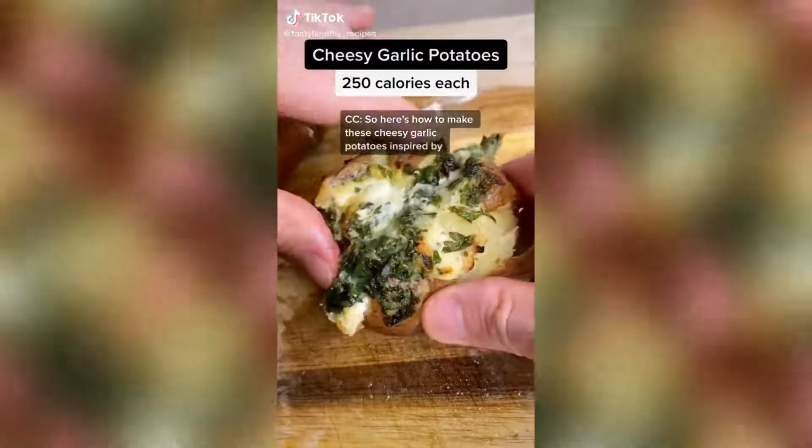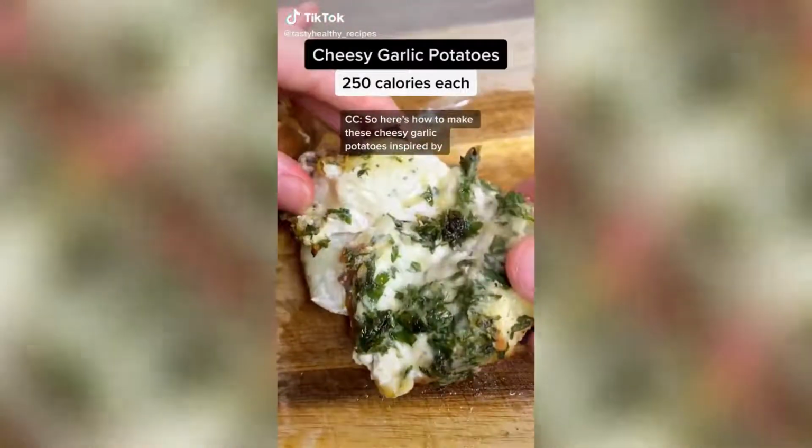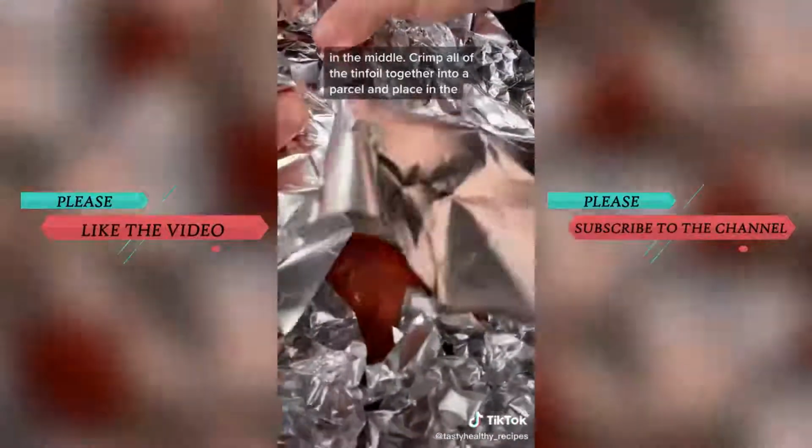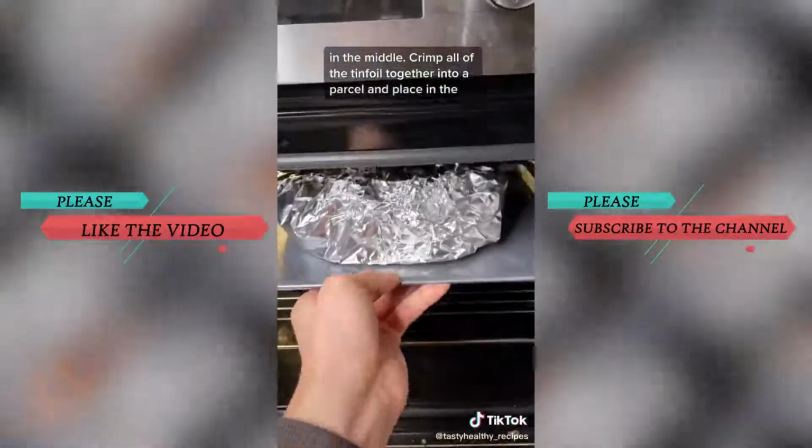So here's how to make these cheesy garlicky potatoes inspired by Poppy Cook's recipe. Let's go. Grab yourself some medium-sized roasted potatoes and coat them in olive oil and salt. Then grab a large bulb of garlic and slice it like this and place it in the middle. Crimp all of the tinfoil together into a parcel and then place it in the oven for 1 hour at